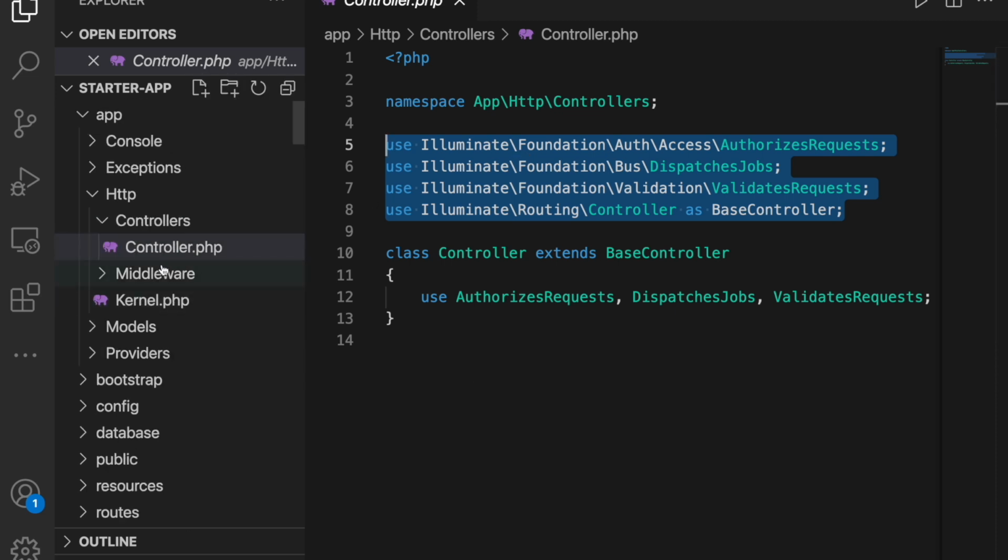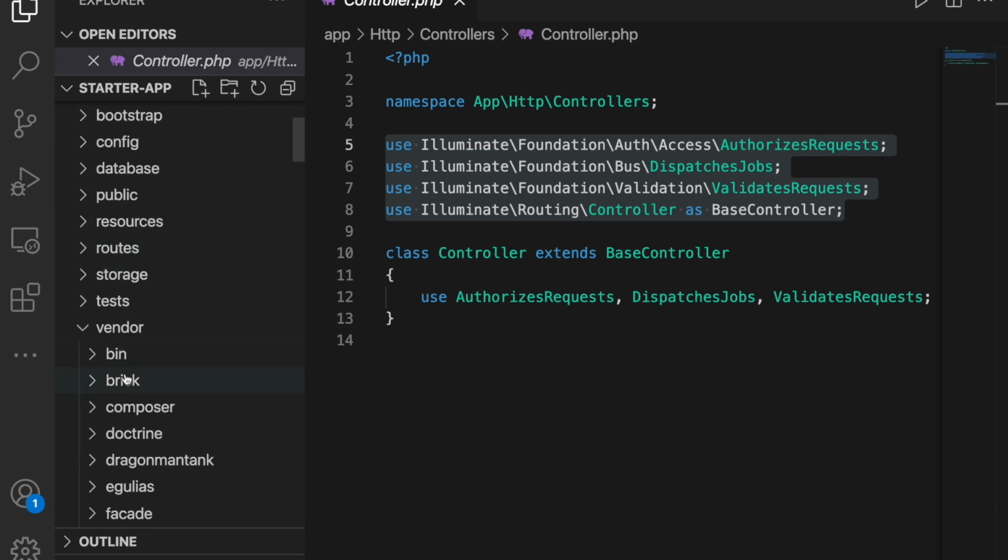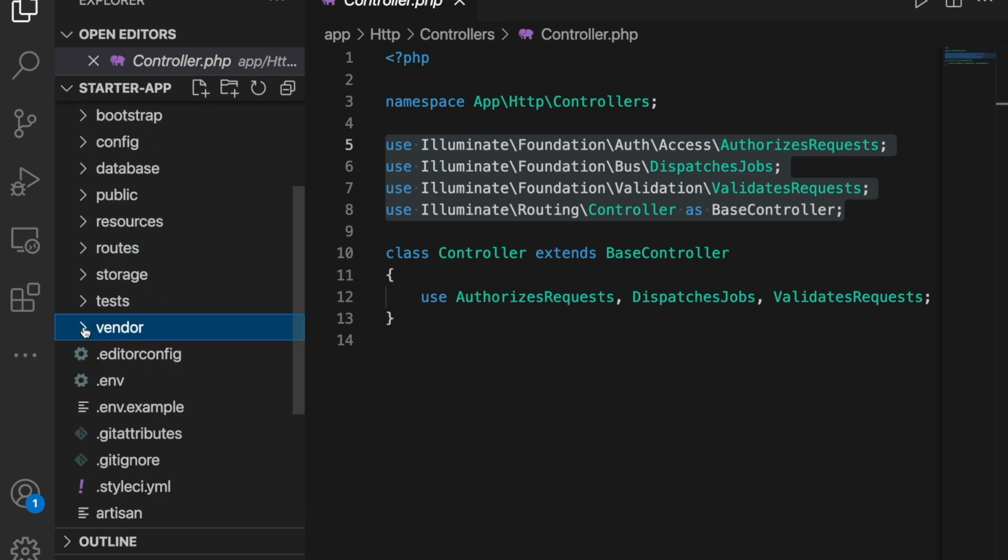But for now, that's okay. We are not going to do anything pretty much with this. If we're going to create a new controller, we'll just extend this one. So that's one important folder, and we'll be working with this very soon. And the other one is this